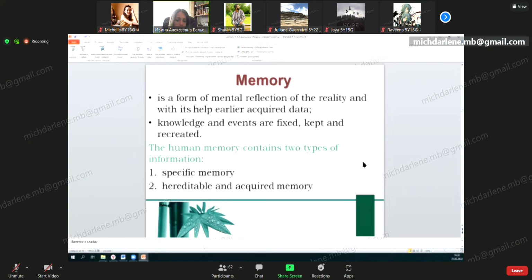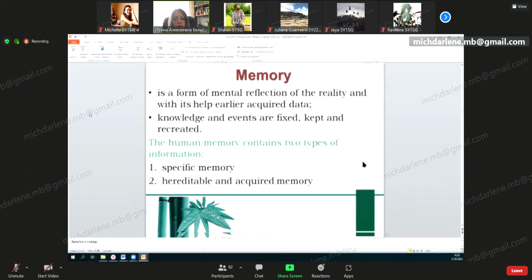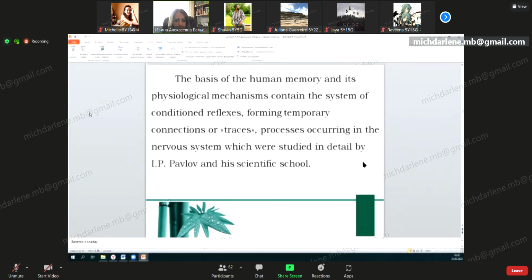The basis of human memory and its psychological mechanisms contain the system of conditional reflexes, forming temporary connections or traces, processes occurring in the nervous system, which were studied in detail by Pavlov and his scientific school. Of all the present theories of memory, chemical theory has the biggest influence. According to this theory,